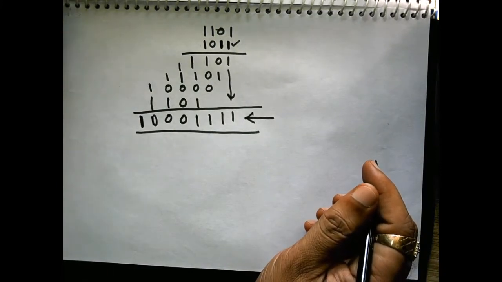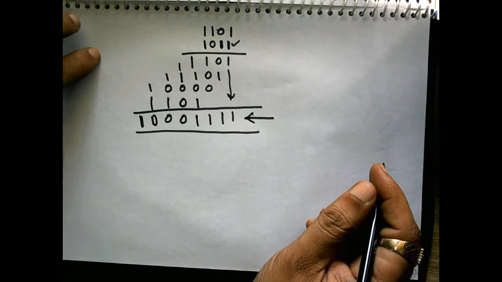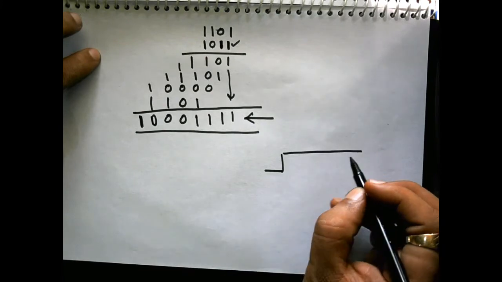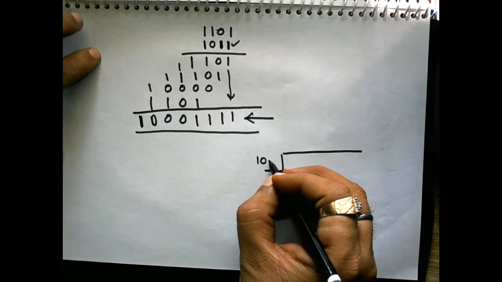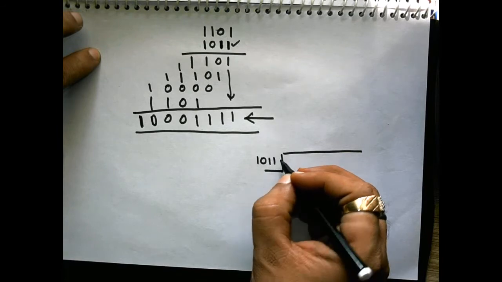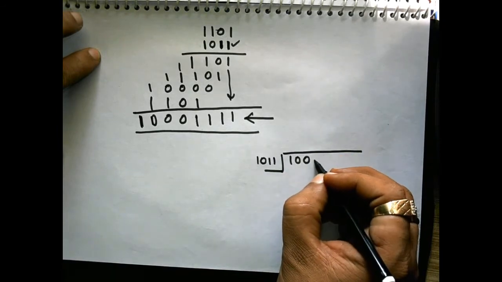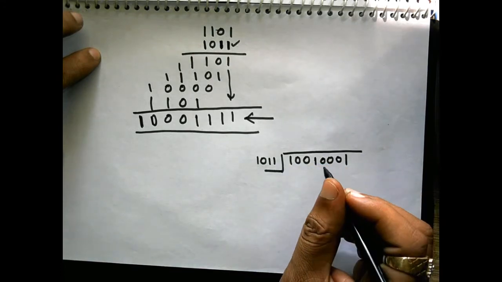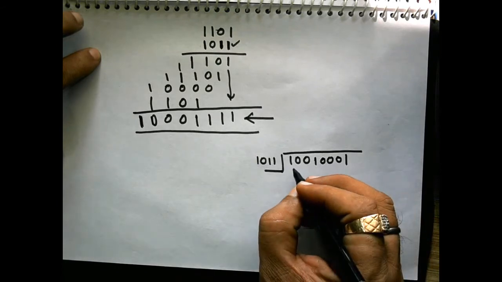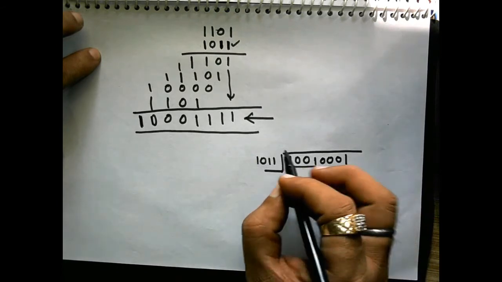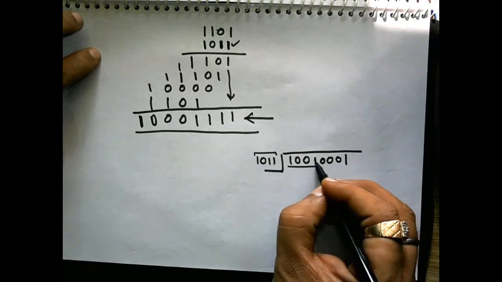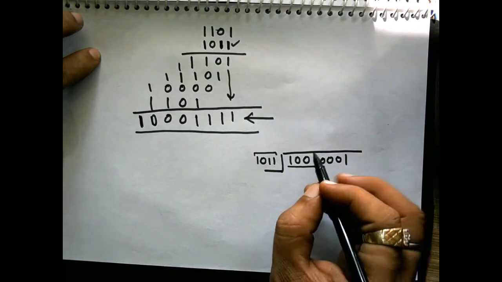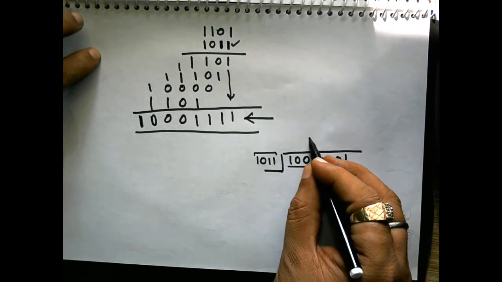Similarly, you can also do exercise for division. Suppose, just for an example purpose, if I do one division for you, suppose 1001001 has to be divided by 1011. Then what is the way to perform this division? If we take a 4-bit packet, we can simply say that this bit pattern is lower than this bit pattern, so we have to take another bit, and simply this division will be performed 1 time.